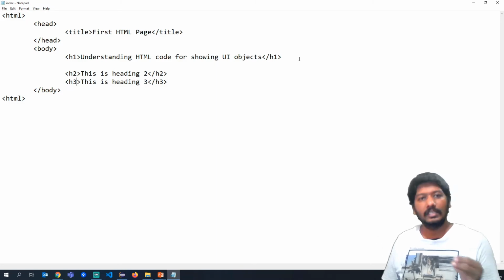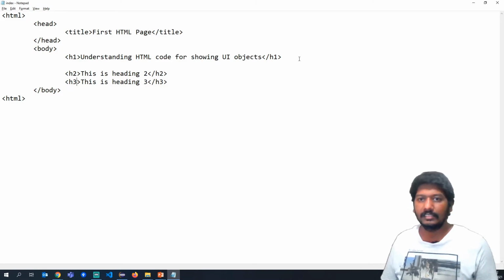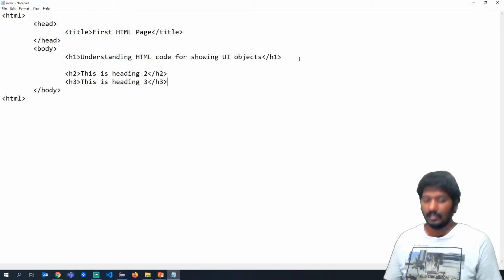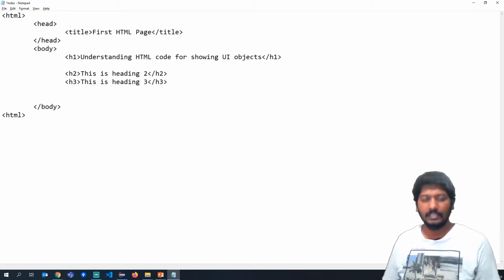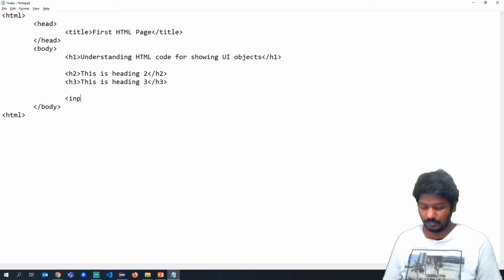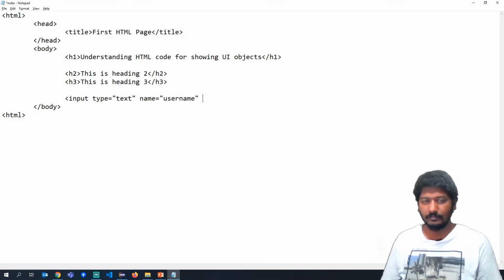Like this you can write till heading 6. There are 6 headings that you can give. Now apart from this, I want to give some more objects here, for example input type is equal to text, name is equal to username, id is equal to username.